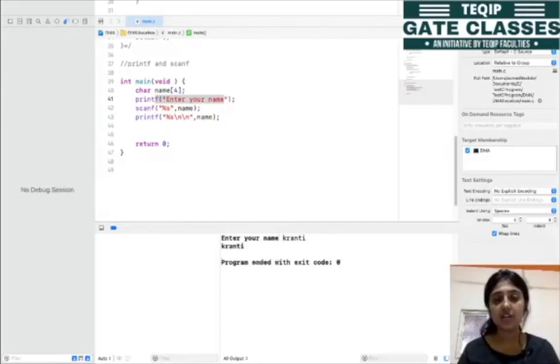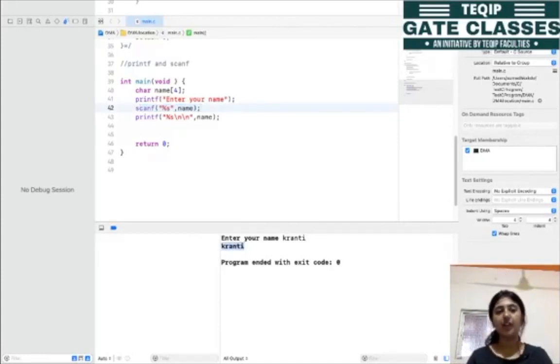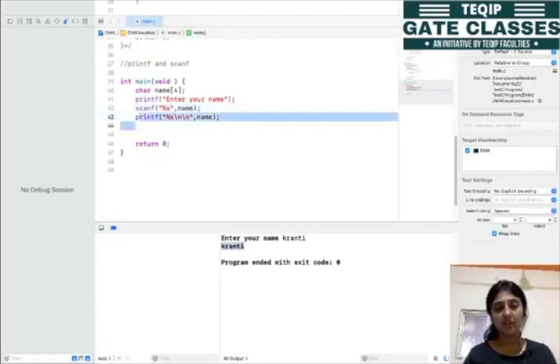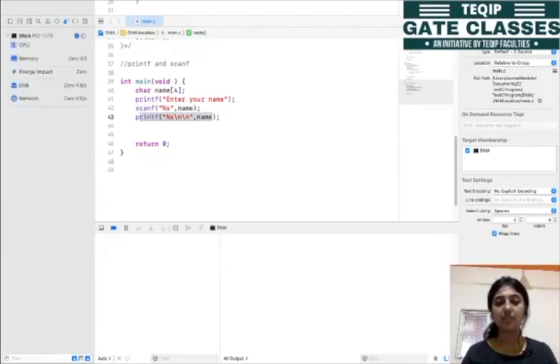So when I enter, by using this scanf and with the help of this %s, this Kranti has been taken as an input and it is being stored inside this character array name. After that, this printf statement with the help of this %s is printing whatever value this name is having. Okay? So let me run this program one more time and let's observe its disadvantage.